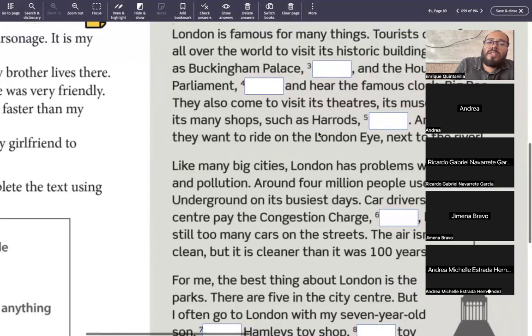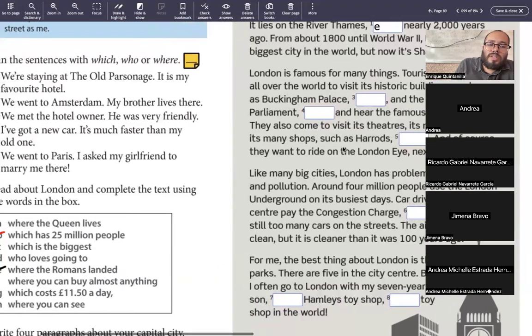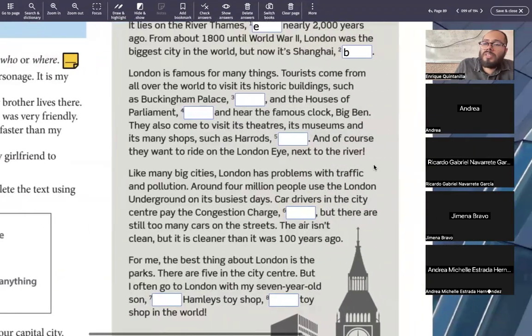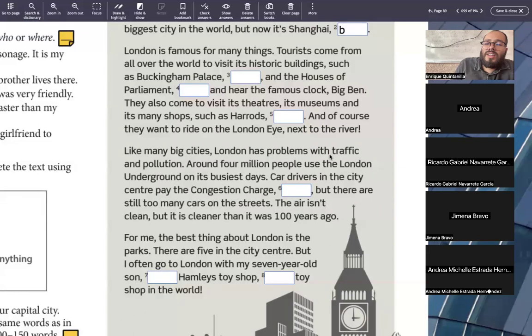What letter is it? Number 3. I think it's A. You think it's A. And the others? And this, Jimena? A, teacher. A. And the answer is A, correct, because where the queen lives,